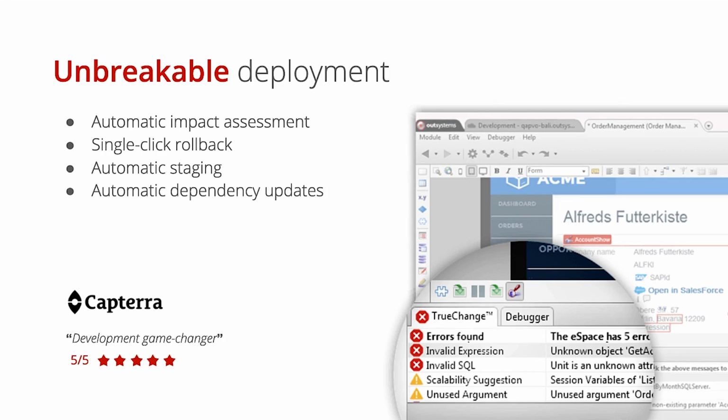Now, I've touched on this a little bit when it comes to unbreakable deployment. So you get automatic impact assessments, and when you go and make a change in one part of your application, you get notified that you're going to potentially break something else. And this includes not just general code changes or code errors, but also if you're going to change something that would impact a business process, or even if you have a microservice that you built within the platform, you still get that